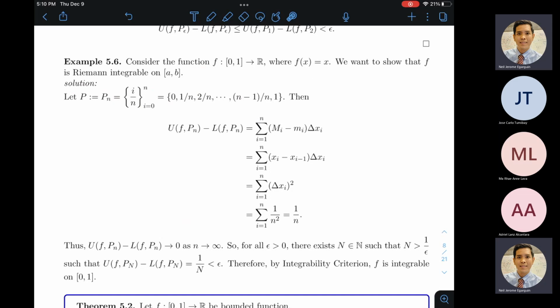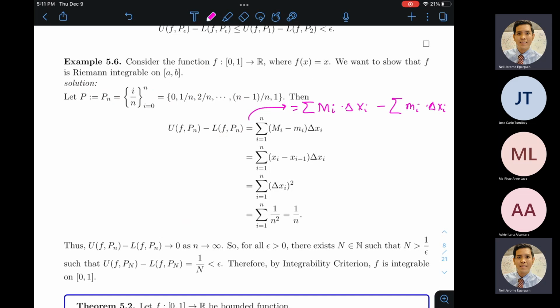Alright? But to see how that works, tingnan natin ano yung upper Riemann sum of f relative to P sub n minus the lower Riemann sum of f relative to P sub n is with respect to the parameter n. Okay? So, insert tayo dito ng ilang mga detalye. Yung upper Riemann sum ay summation ng M sub i times delta x sub i by definition of the upper Riemann sum minus summation ng infima, which is denoted by m sub i's times delta x sub i. So definition ng upper at saka lower Riemann sum.